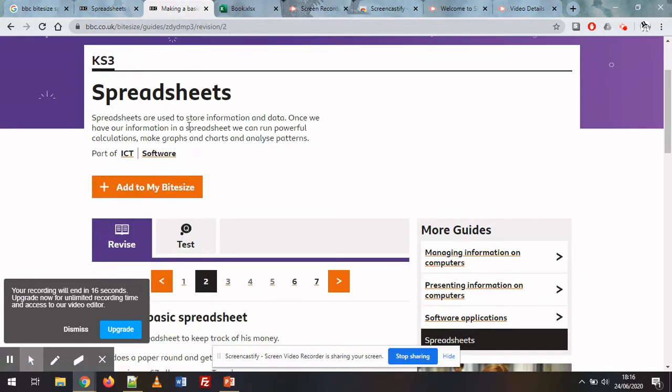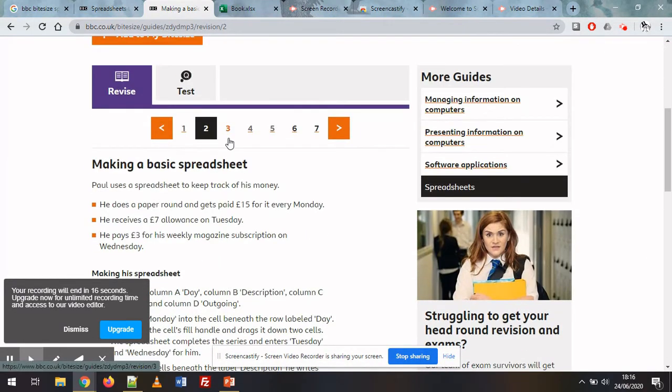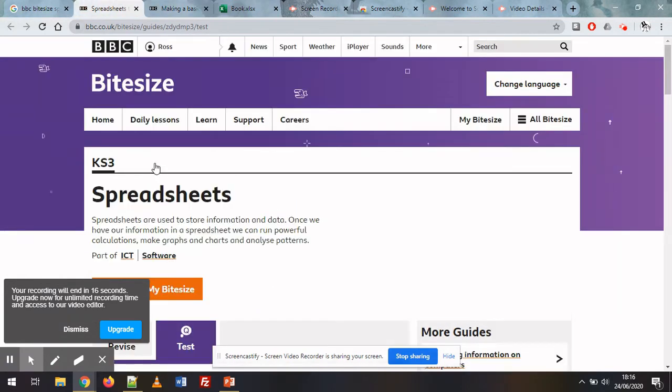So that's just a quick look at what you can do with a spreadsheet. Like I said, just to reiterate, go through this Key Stage 3 spreadsheet section. It's really quite detailed, a lot of good information in there. Once you've done that and you feel happy with it,